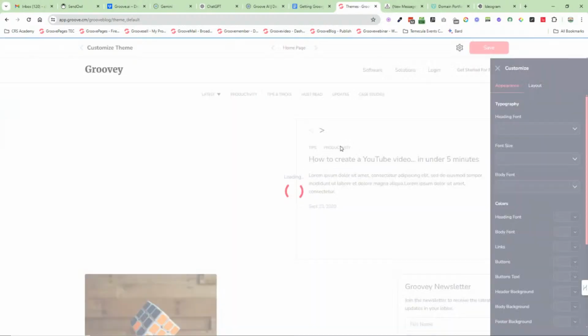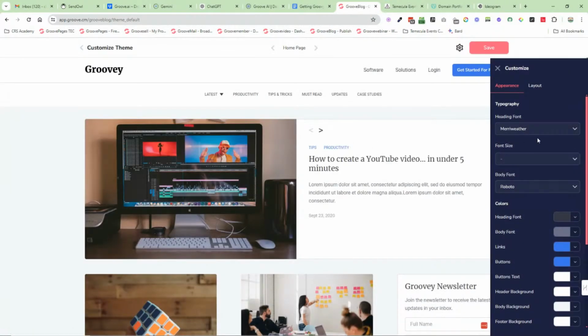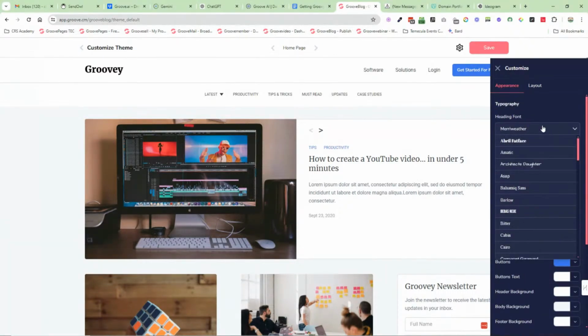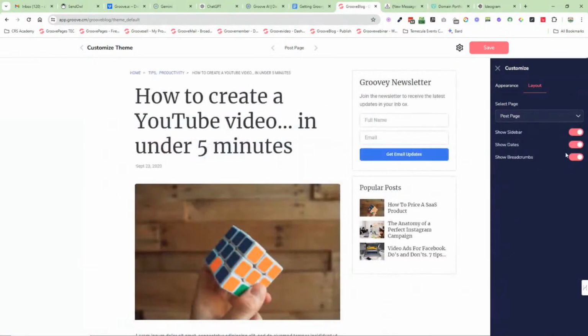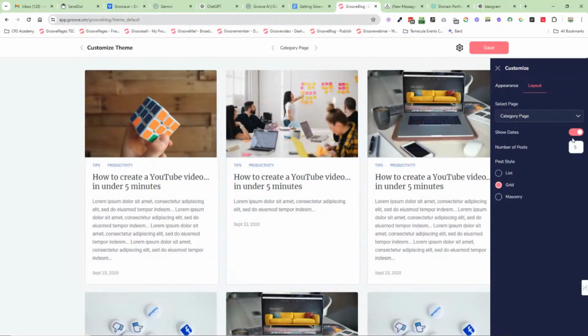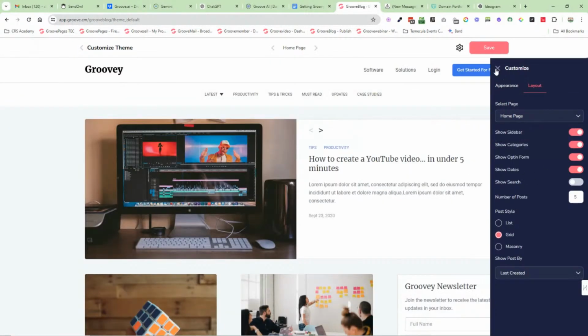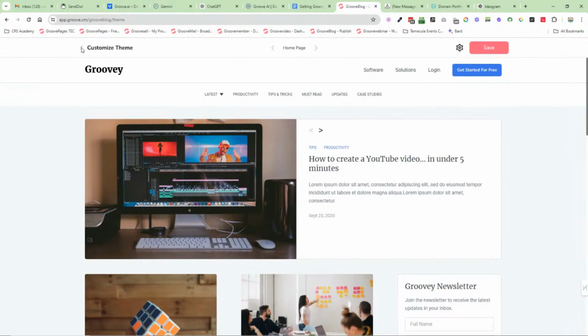Themes, you can come in and customize this theme. You can pretty much customize anything within here. The colors of the buttons, the text, the fonts, the size, you can see all the different fonts we have in here. You can go into the layout, so you can remove the sidebar, show categories. There's a lot you can do, but as I said, it's not going to be competing with WordPress, but you can set up a very nice blog in here. And again, you can select the category page, change these, have a grid format, etc. And I'll exit on there without saving.